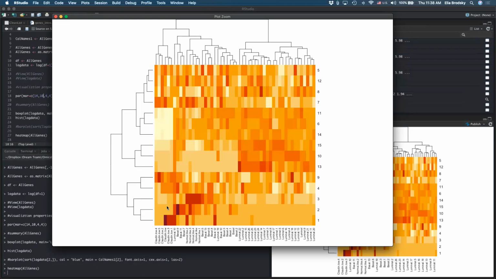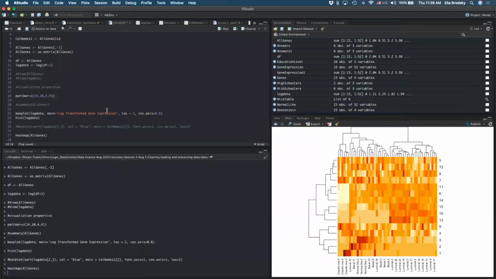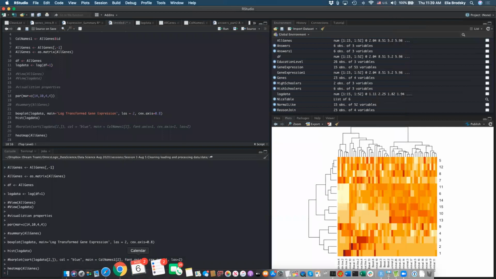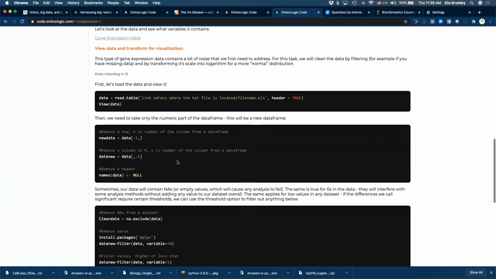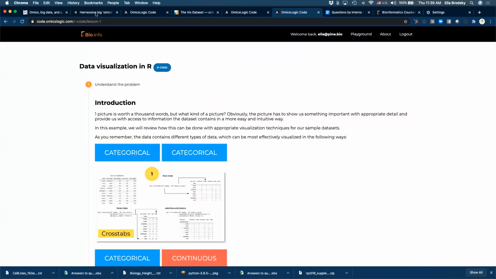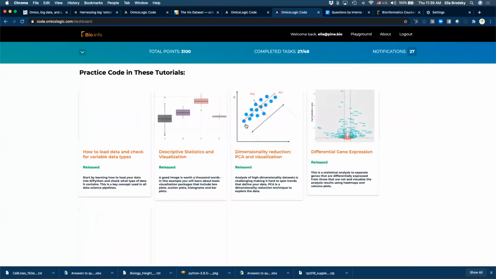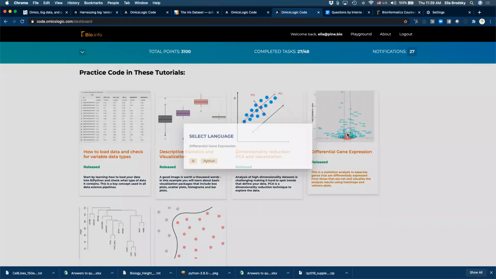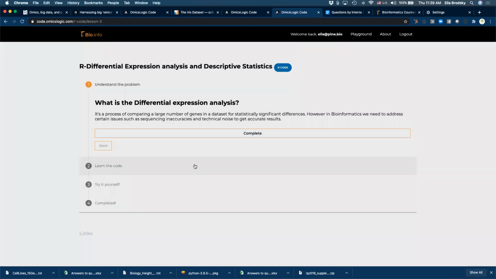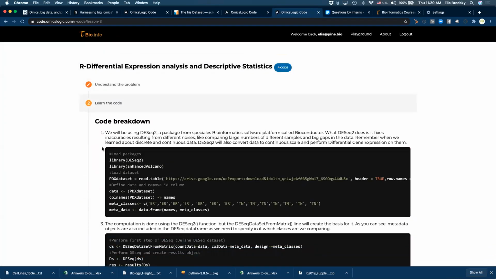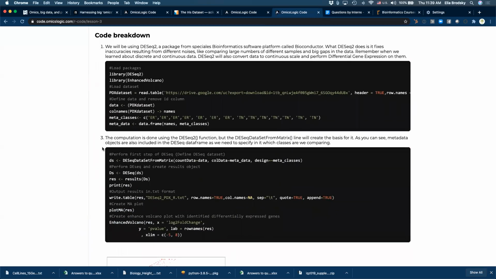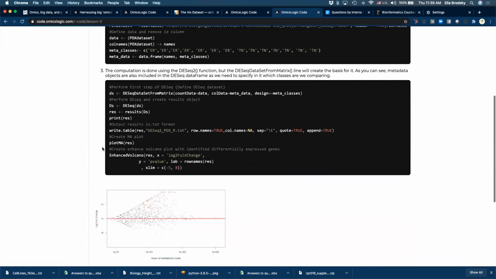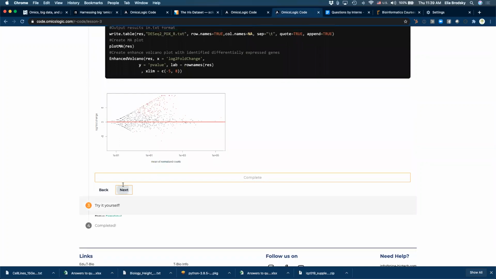As you're waiting on your pipeline, you might not be able to complete your assignment in Transcriptomics 1, so start working on Transcriptomics 2. On the code platform, you can complete data visualization, but also you can do differential gene expression. Differential gene expression allows us to apply some statistics to find differences between two groups of samples.